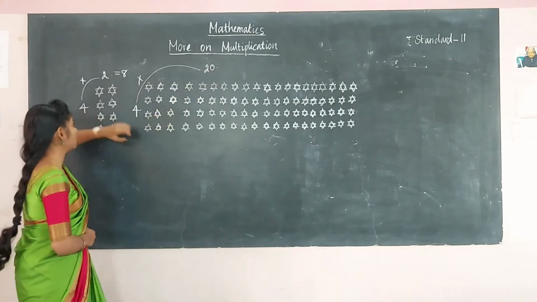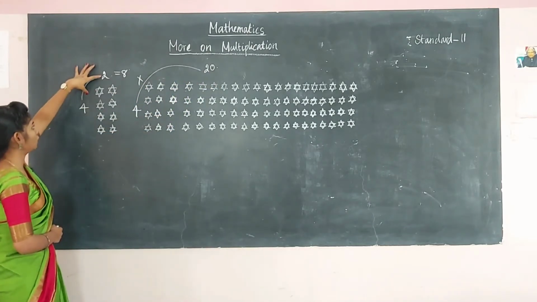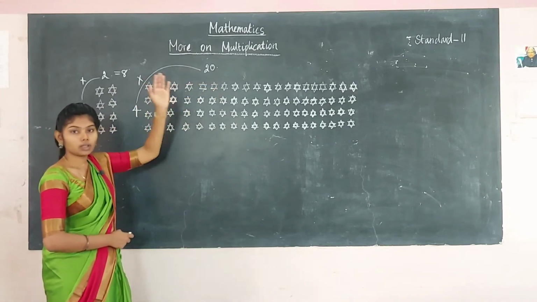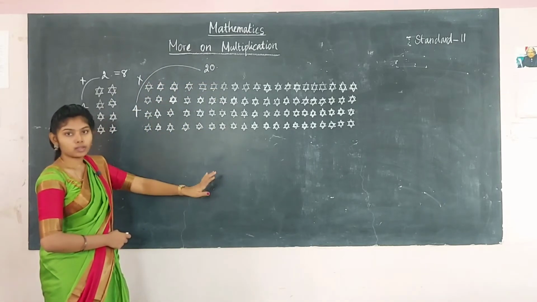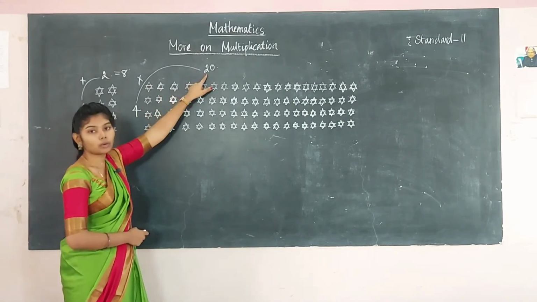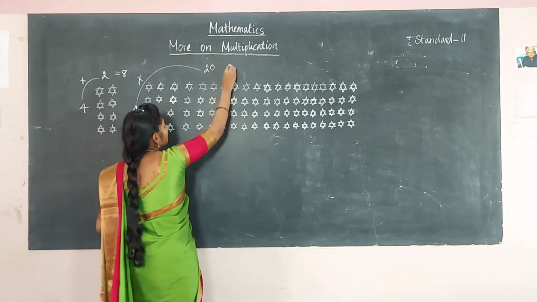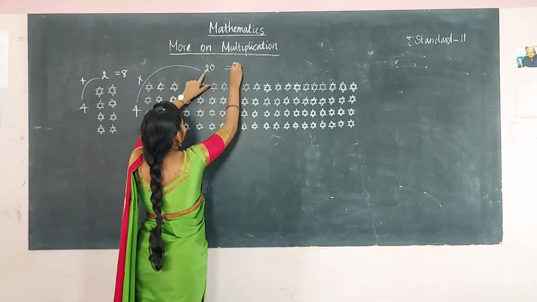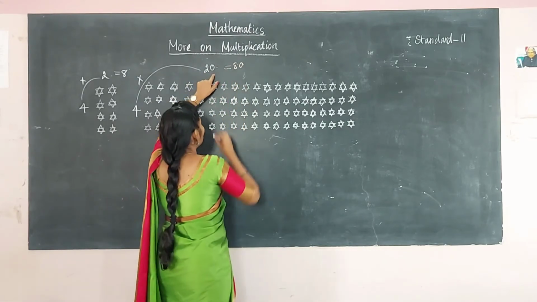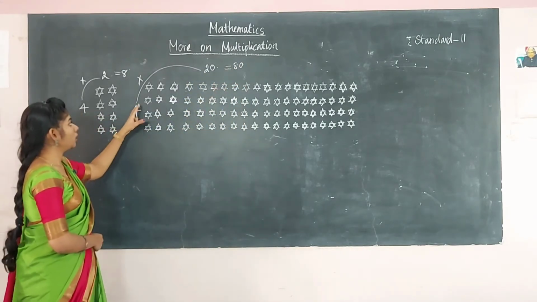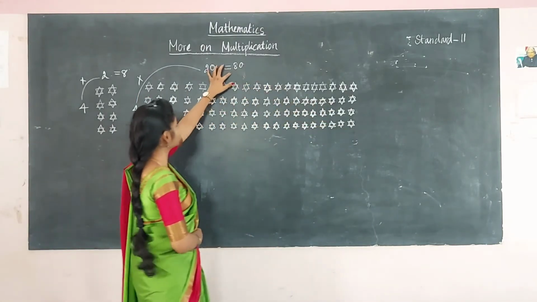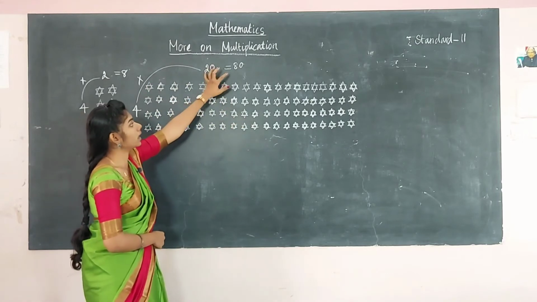What will be the answer? Here first multiply the first number alone. 4 2s are 8. Here also 4 2s are 8 and just add the 0 in the last place. In the ones place you have to write the 0 and multiply these two numbers alone. 4 and 2 alone you have to multiply. So what will be the answer? 4 2s are 8. Here only 1 zero is there, so you have to write 0 at the last. So the answer is 80. So while you are adding all the stars, you will get the answer as 80. Or you count the numbers, you will get 80.